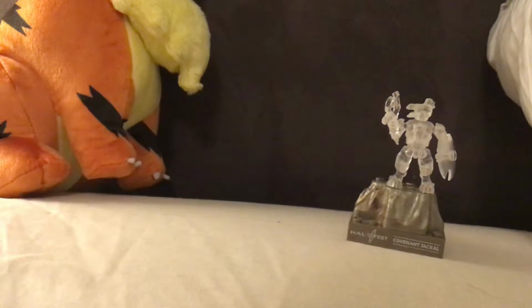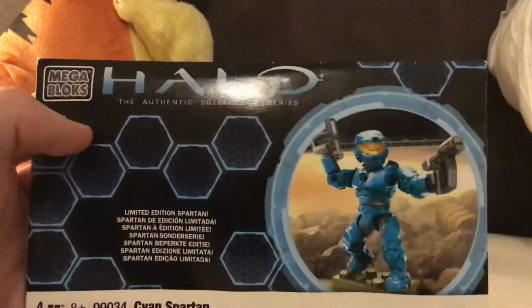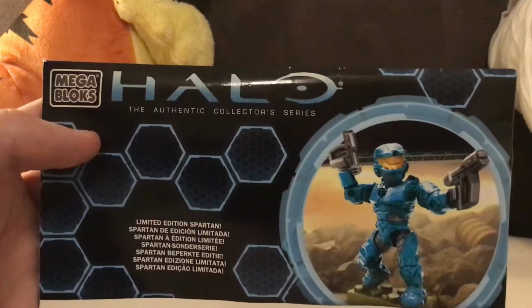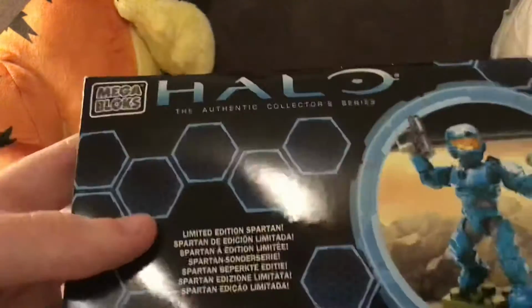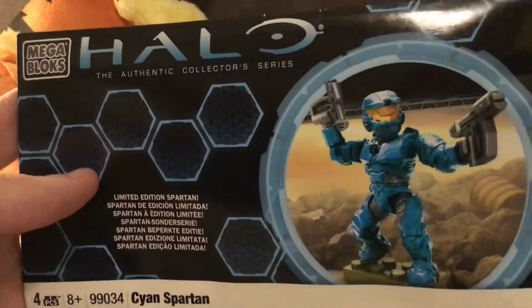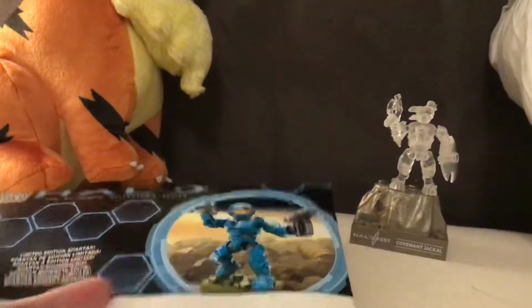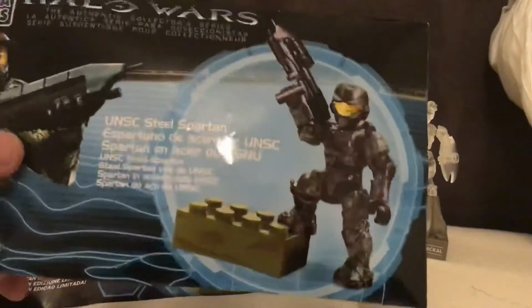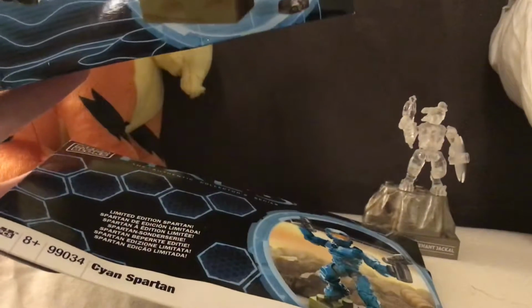So first of all, I got the Cyan Spartan, who was a classic limited edition Halo Mega Bloks figure, if you remember this from back in the day, back in 2010. I remember this from years ago, wanting one purely because the packaging looked cool and it was apparently rare. And you might be able to guess my second figure if you already know that this one is a thing. It is the Steel Spartan from that same year, or at least on the packaging. Now I know, not 99034, actually the same set number,